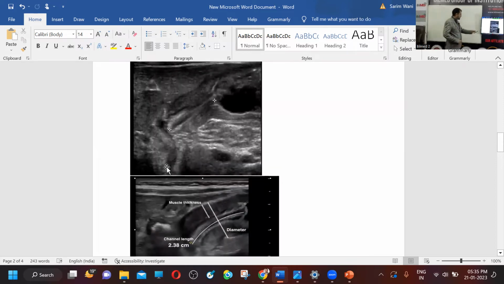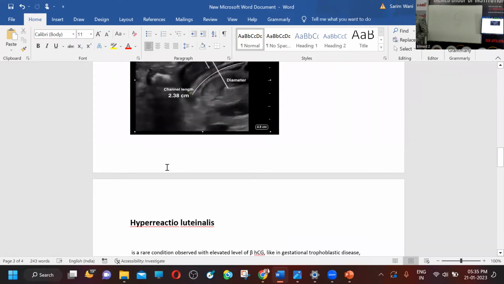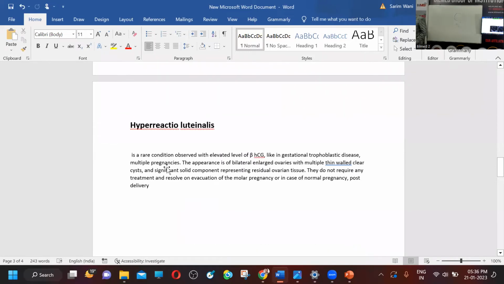So this way you can measure the length of the pylorus, and this length of the pylorus should not be more than 15 millimeters. Now, the next question from one more doctor is, what is